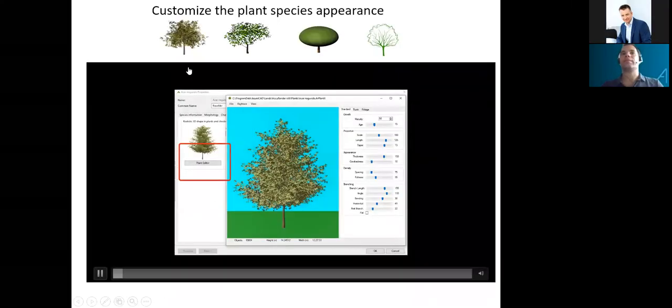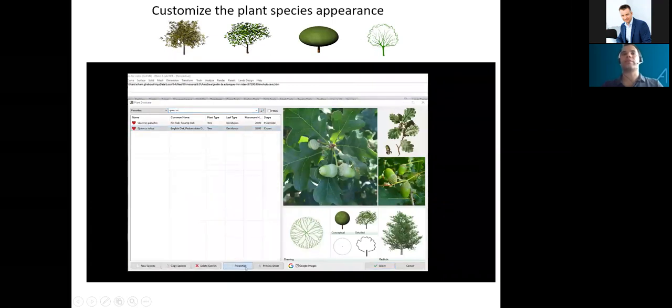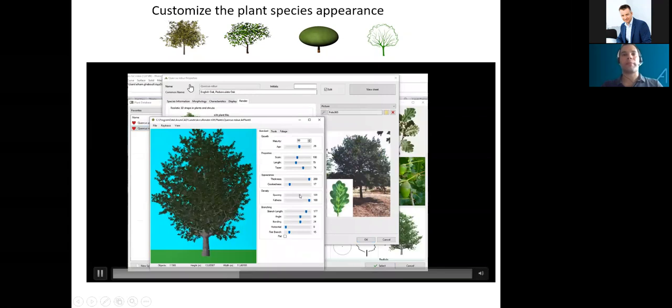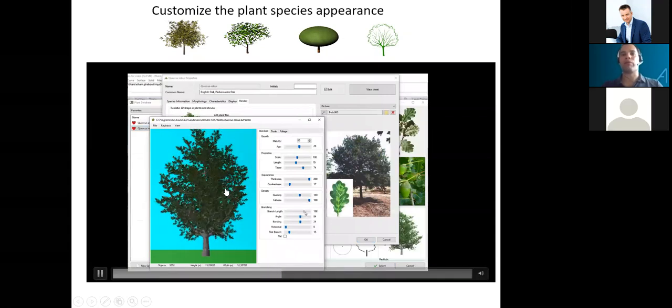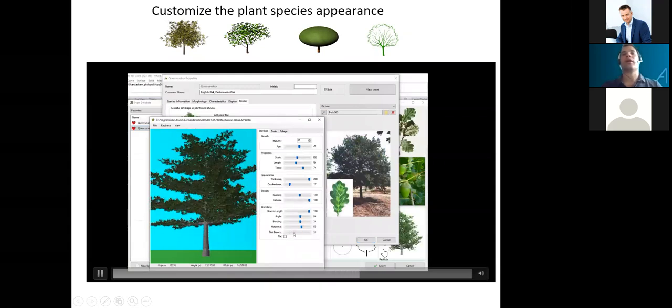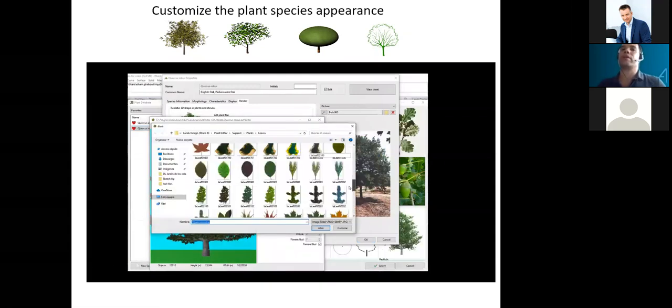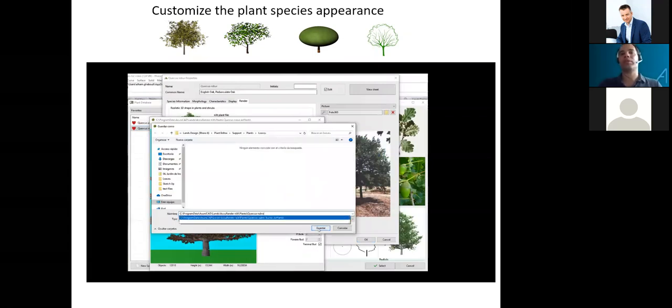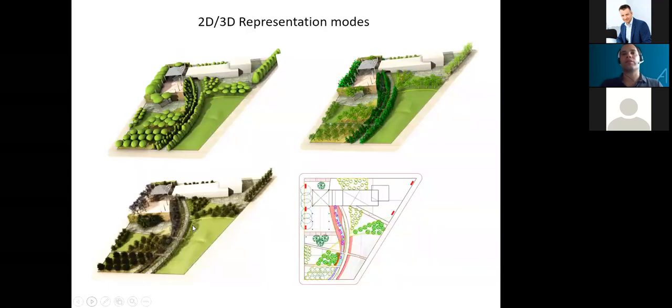So basically, these plants have different representations: conceptual, animation, detailed, or realistic. And this realistic one can be fully customized with this plant editor that you see here. And they can handle different representations by seasons. That means that we can do some season change simulation just by selecting the season in which you're going